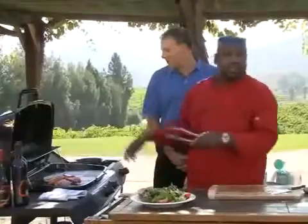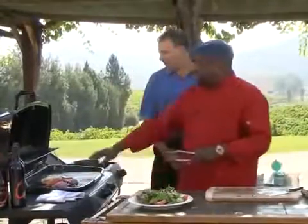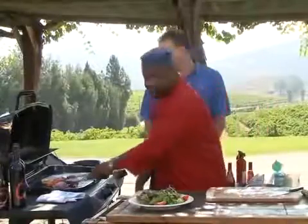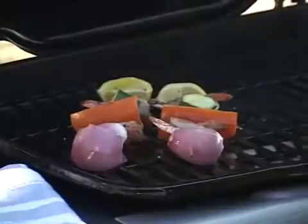Excuse me one second. If you look over here real quick, you'll see that the shrimp are starting to brown a little bit, and we're also starting to get a little color on the vegetable. And now, this is a great opportunity to just do a quick...